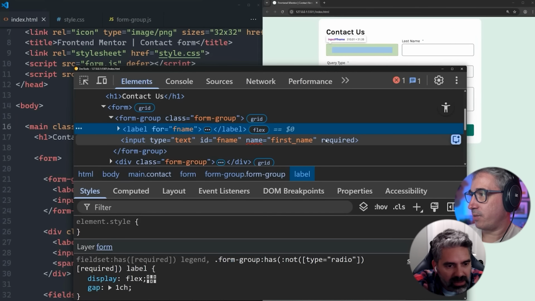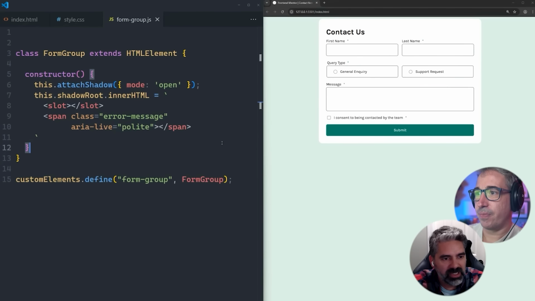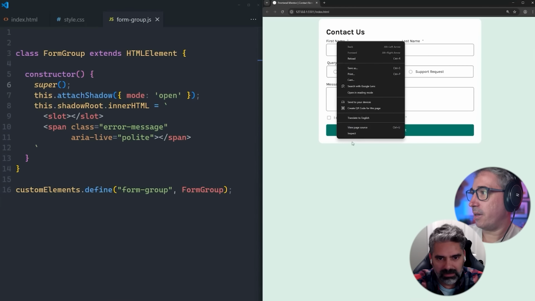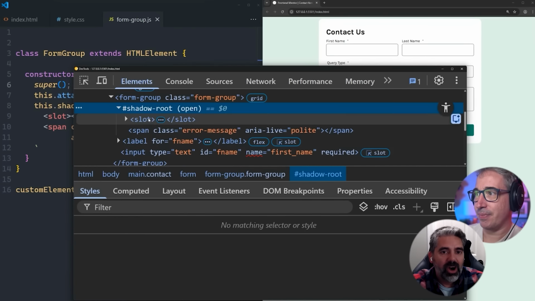Name is, that's okay. We're not getting shadow yet. We may need super. You may need to add super in the constructor. Super. Yeah. Be right here. I think super. Yes, that might. There we go. Okay. Yeah, that was a step I missed. Yeah. So calling super